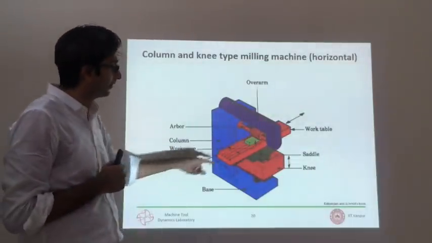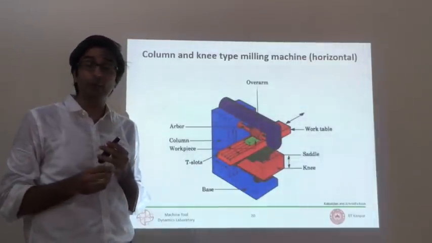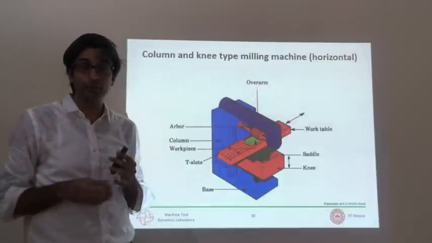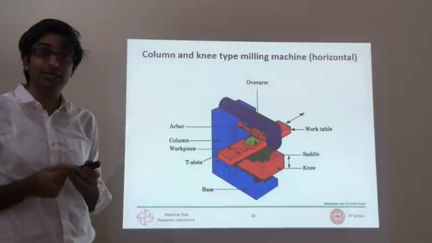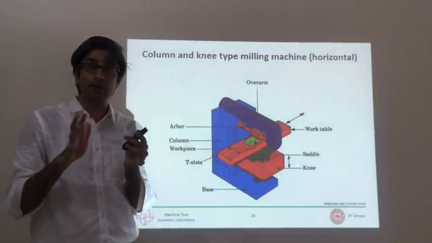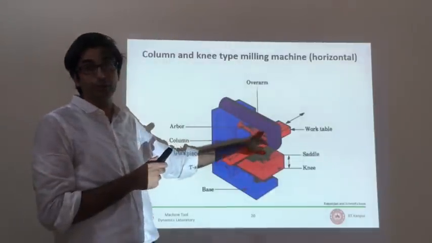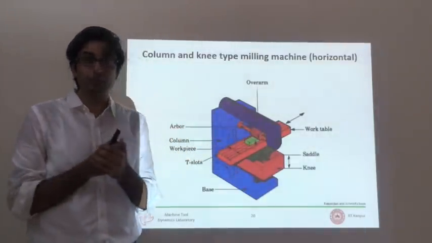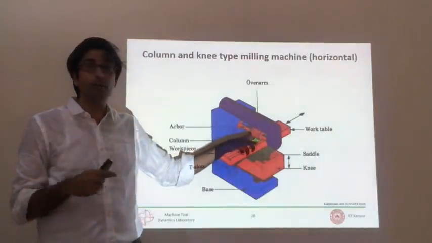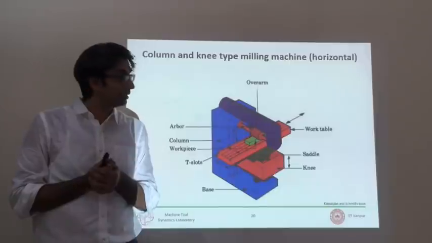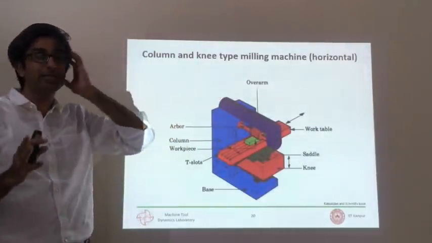What I'm pointing at. That tool has not one but multiple cutting edges. It can have 2, 3, 5, 8, 10, 20 as you like. Each of their geometries is very different than what we discussed in turning. Drilling we did not discuss, but that is also multi-point cutting. This is typically used when you want higher productivity, because the amount of material you remove per unit time is a function of how many cutting edges you have. And this is not for round surfaces mostly, it is mostly